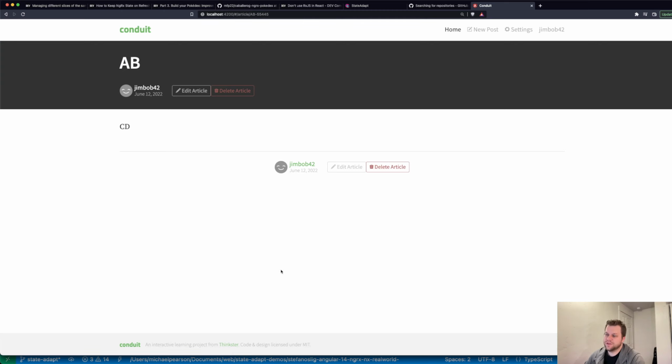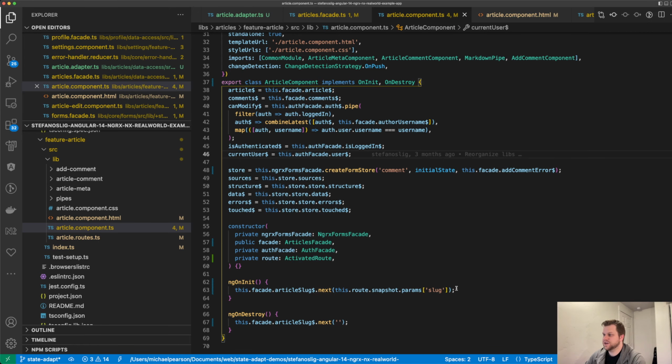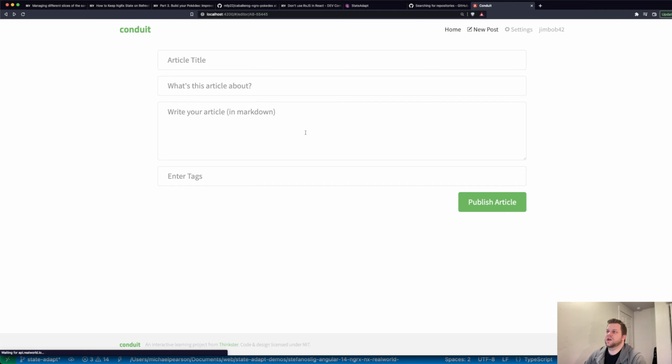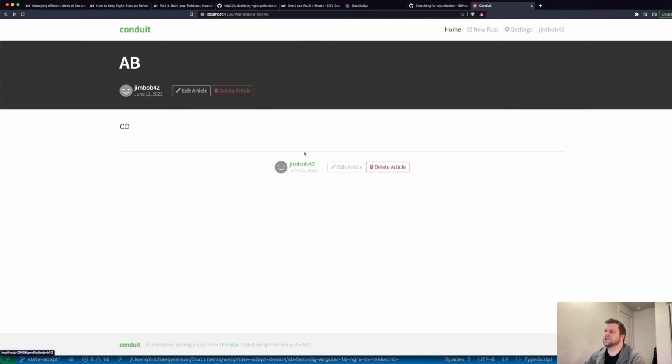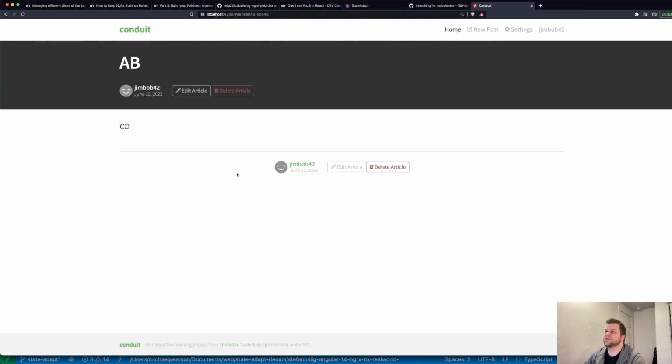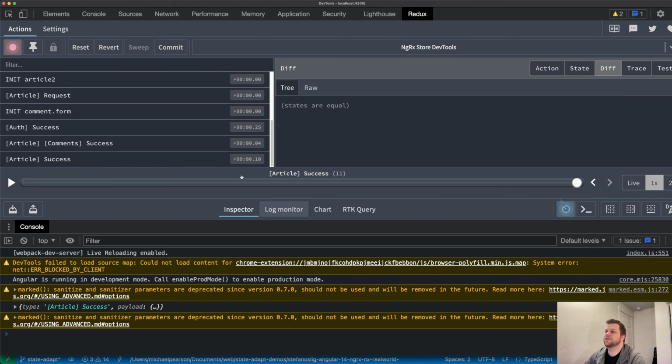I could also put it in the route resolver, but this logic, could have put that in the route resolver and stuff, but that's annoying. I don't know what's going on here. Editor, okay. So yeah, that's still the original NgRx jankiness, but this right here,